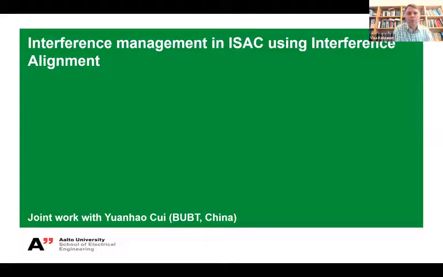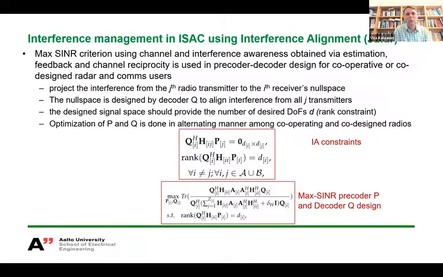Then briefly, I will describe some work on interference management in ISAC systems using interference alignment. This is joint work with Johan Chui, who's one of the organizers of these seminars. So the idea is that we will use the interference alignment principles of Jafar to reduce the interference for communication and sensing tasks. In order to do that, we need to have knowledge and share knowledge about the channel state and interferences, and